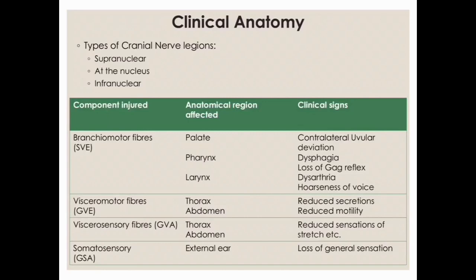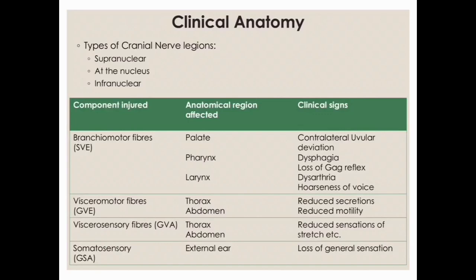Okay? So the second is the lesion at the level of the nucleus, and the third is the lesion below the level of the nucleus, that is, along the pathway of a neuron that connects the nucleus to the effector organ. That could also be called a lower motor neuron, basically LMN, lesion. The clinical manifestation of this would be similar to a lower motor neuron lesion. So it's literally like the difference between UMN and LMN